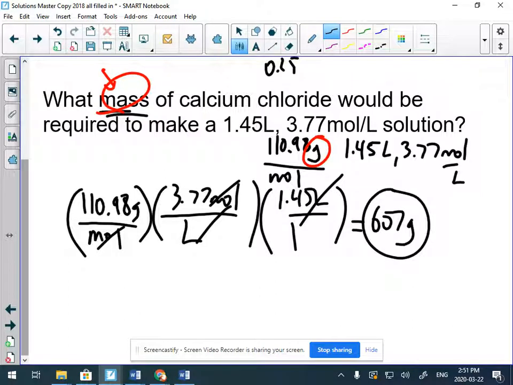So a little bit different. When we have mass, you need molar mass. Again, some people at home are going to ask, how do we know not to use the parts per million formula? Well, ask yourself this question: does this question even talk about parts per million? If the answer is no, don't use the parts per million formula. Does this question ask you for percentages? If the answer is no, then don't use the percentages